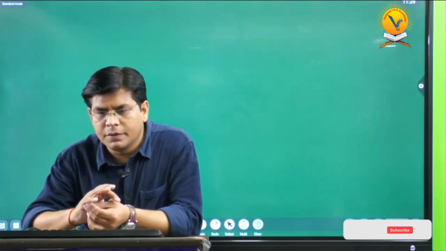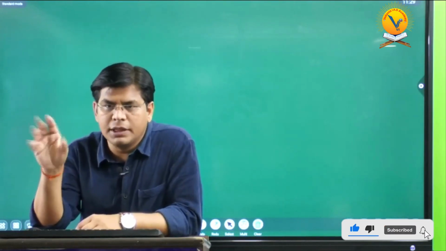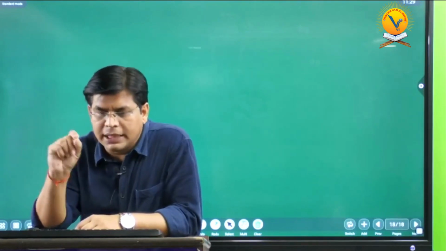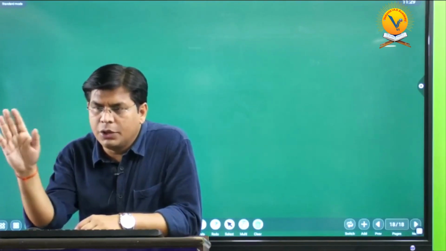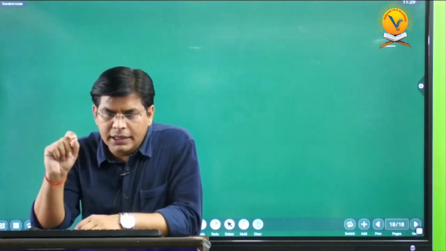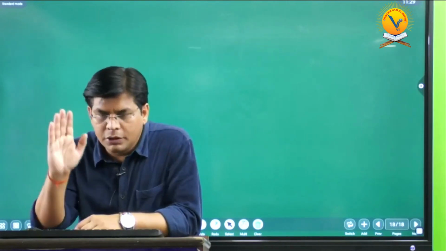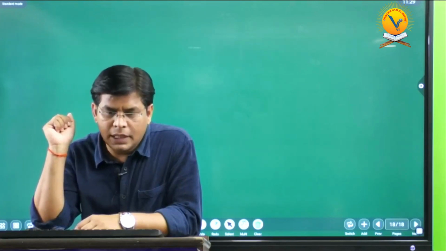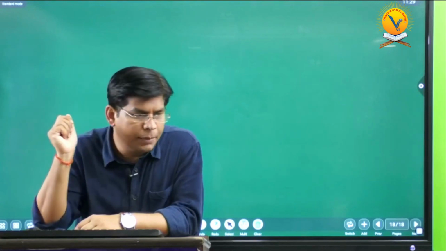Put double tick mark. Double tick marks means most important, single tick marks less important. Then place a single tick mark to NCE. Double tick mark to space technology and nuclear technology. Single tick mark to NCE. Then double tick mark to defense technology. Next to defense technology, ICT. Again double tick mark.